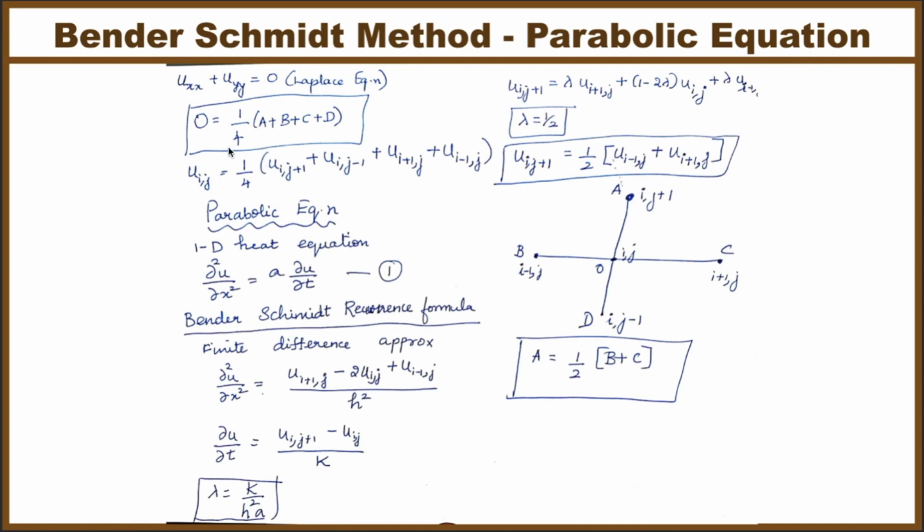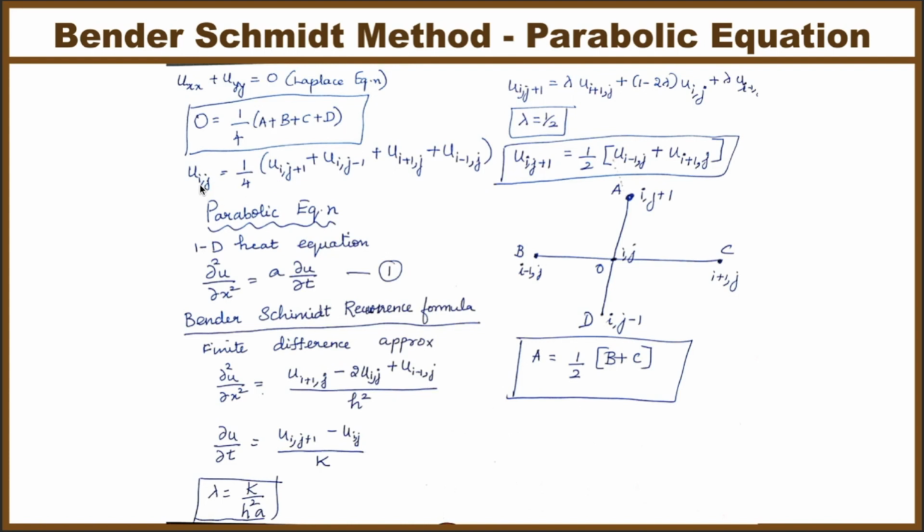For that we have found the standard 5-point formula, that is O is equal to 1 by 4 (a plus b plus c plus d). Here we have the middle point. To find the middle point, it is the addition of all four, that is a, b, c and d. So addition of 4 points to find the middle point is called the standard 5-point formula.